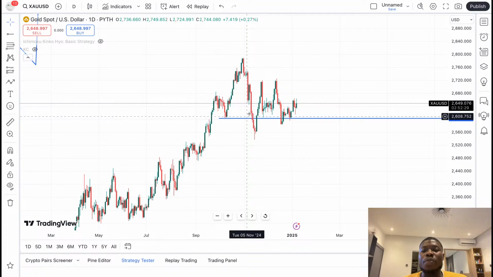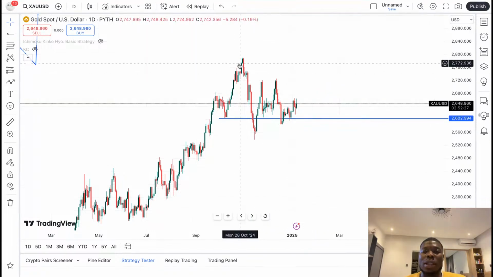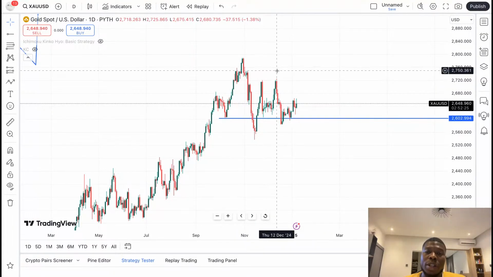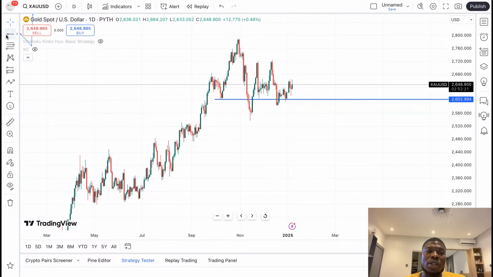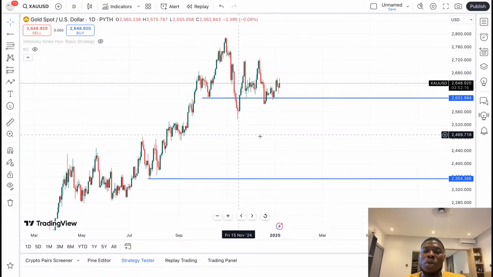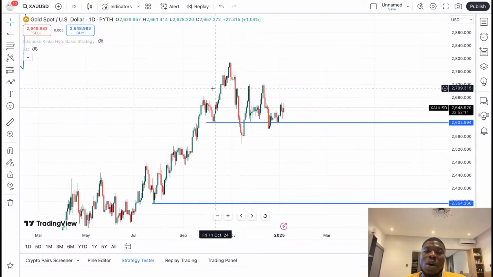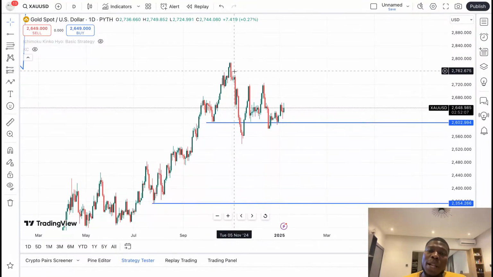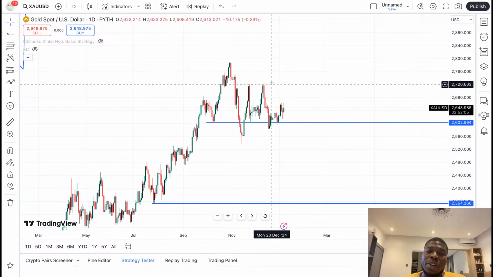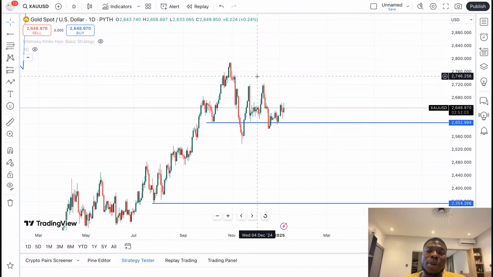So now gold market is in ranging. The next low is around this area on the one day. So before gold enters a downtrend, it will go below this region. So right now on the one day, gold is ranging. So whichever pattern you want to use on this area should be a ranging pattern.